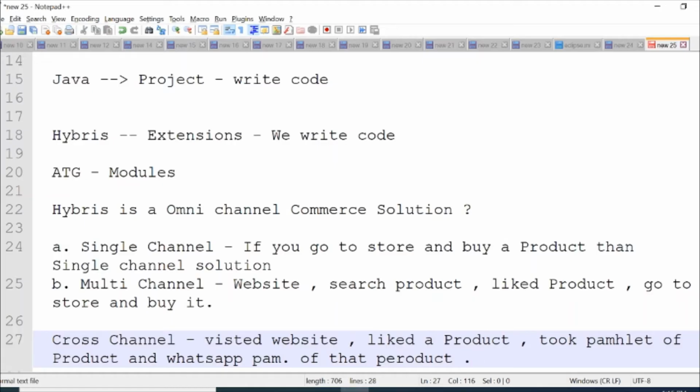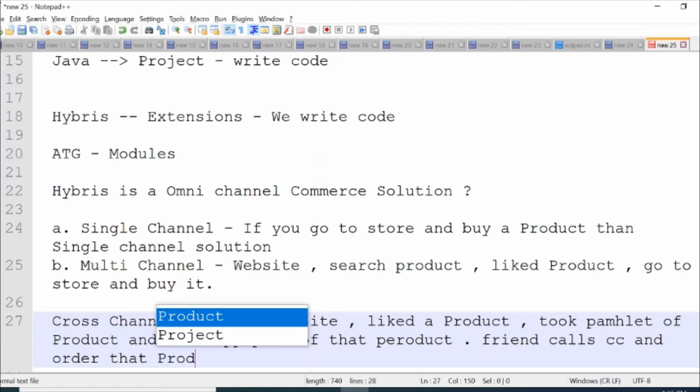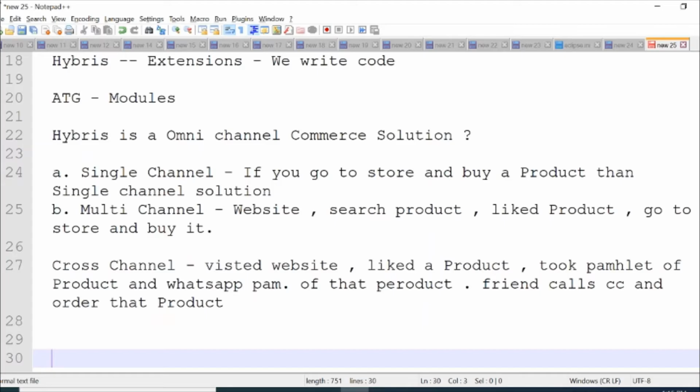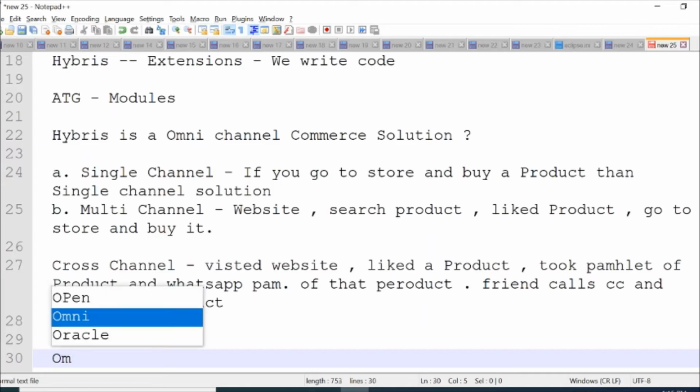And then your friend calls the customer care and orders that product. So this is a cross-channel solution. Now finally, what is omni-channel solution or omni-commerce solution?